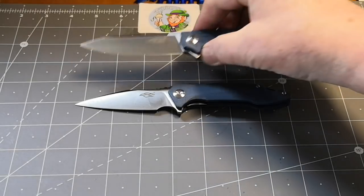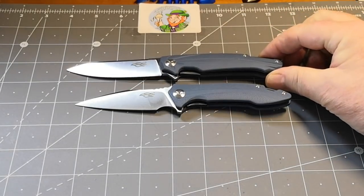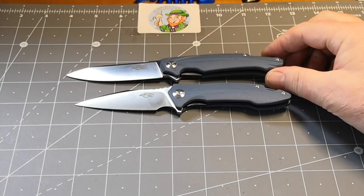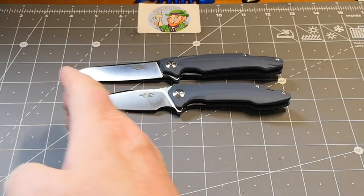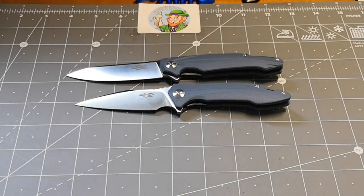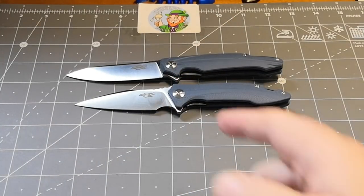A wee size comparison. This is the 21. Just you see that small difference that makes in comparison. It makes about 1/2 inch of difference in the two knives. That's 7 3/4. Again, perfect size, love it. But this,